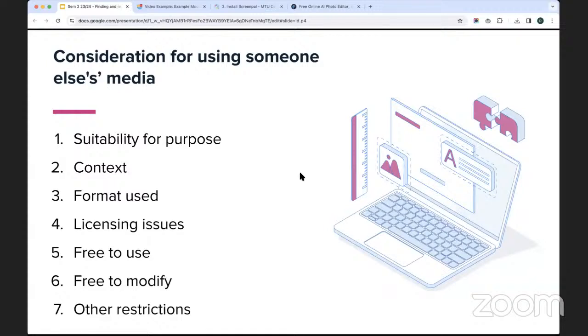When we think about using somebody else's media, someone else's art or video or audio or teaching material, there are a number of broad considerations worth factoring in. One key element is the suitability for purpose. I always think of it personally as a selfish reason, because if something isn't going to fit my teaching needs, or give my students something relevant to my own teaching plan, it's not going to be of much use to anyone.